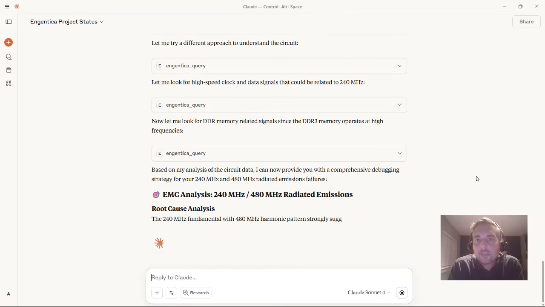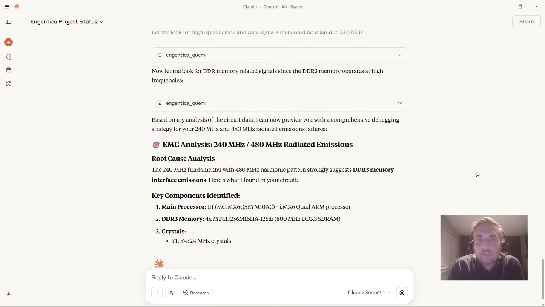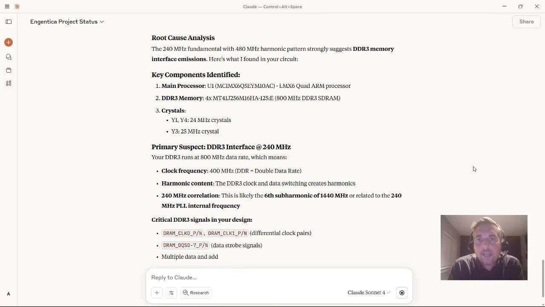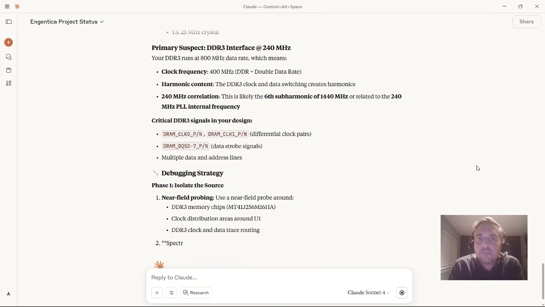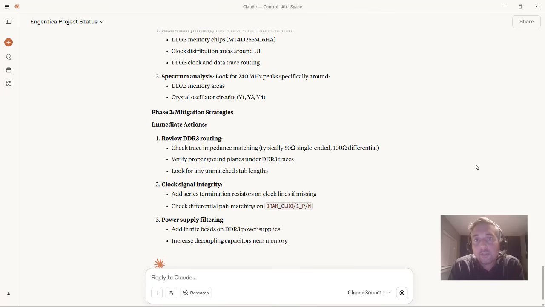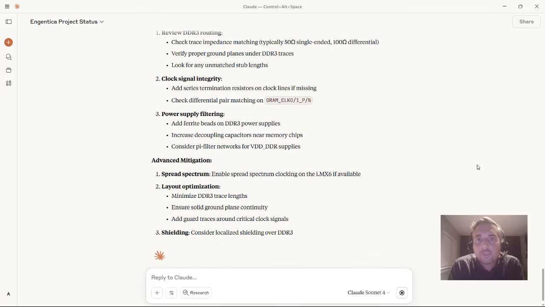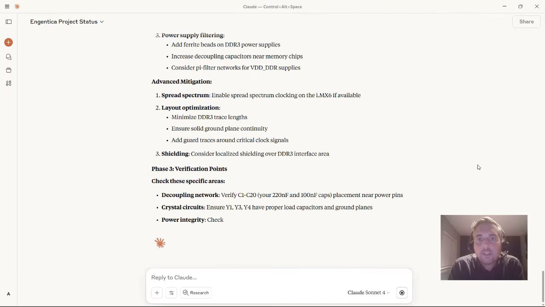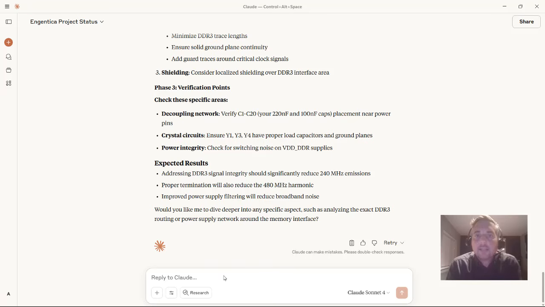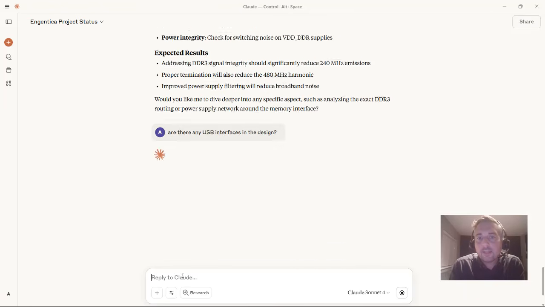And it's hypothesized that that could be the source. And it's giving an analysis and some suggestions for verification and tracking things down further. So it's suggesting near-field probing and some strategies for mitigation. So that's actually really good as a hypothesis. But for people who've worked with USB before, you'll probably recognize those frequencies as